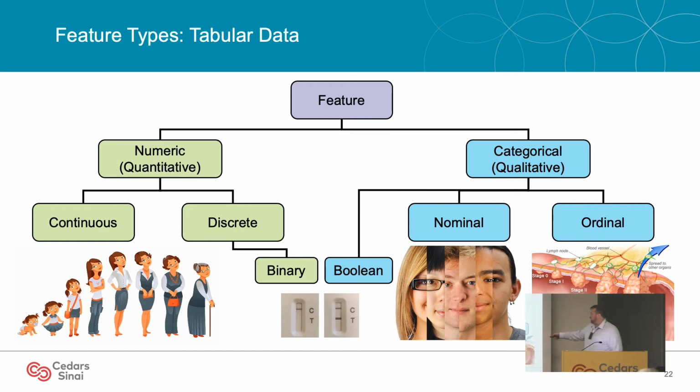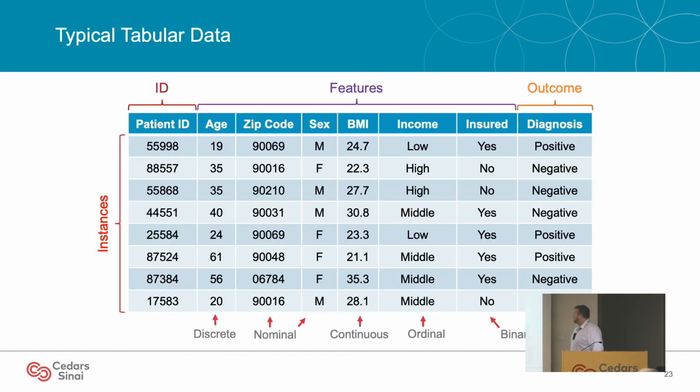And then on the categorical side, the equivalent of binary would be Boolean, true or false, yes or no. Let's take a look at a specific simple data example and just identify some of the variables here. So over on the left, we have rows that are instances. These are individuals. Up on the top, we have a set of features that we're going to use to make predictions about our outcome, which in this case is diagnosis. On the far left, we might have in our data set a patient ID if it's not identified or we need that patient ID for something in the analysis. So it's important to remember that that can be in data.